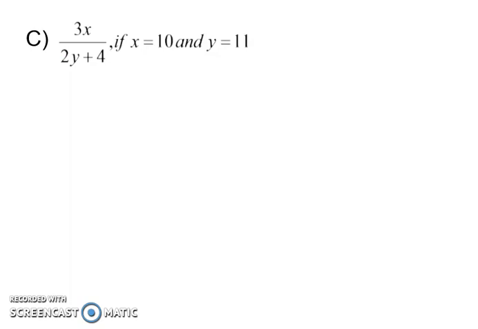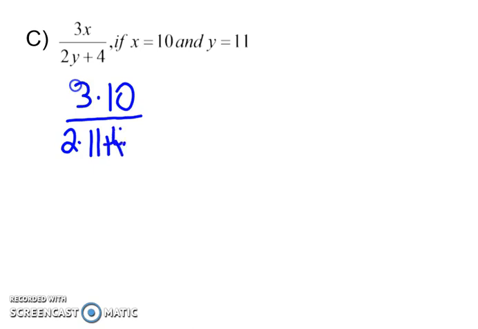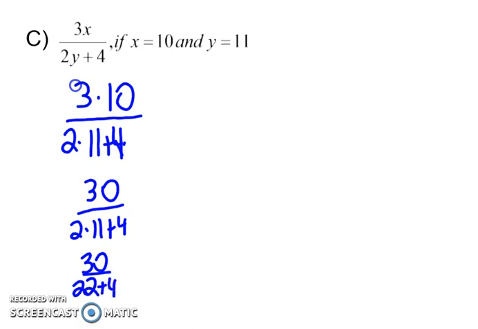So now I want to go through and, wherever there's an x, I'm going to substitute in the value of 10. Wherever there's a y, I'll substitute in the value of 11. So this would be 3 times 10 over 2 times 11 plus 4. So I follow my order of operations still. This would give me 30 over 2 times 11 plus 4, which will give me 30 over 22 plus 4,